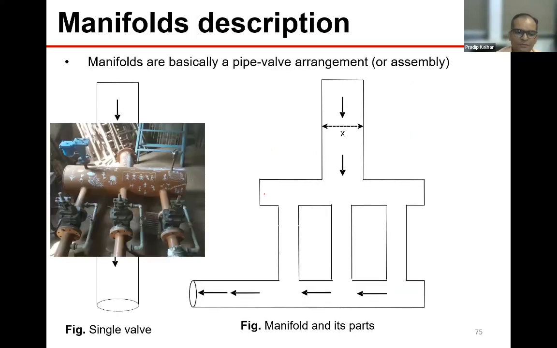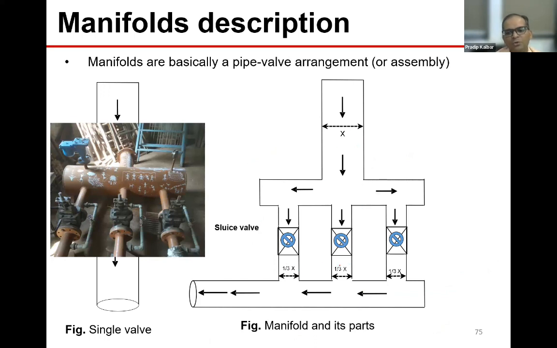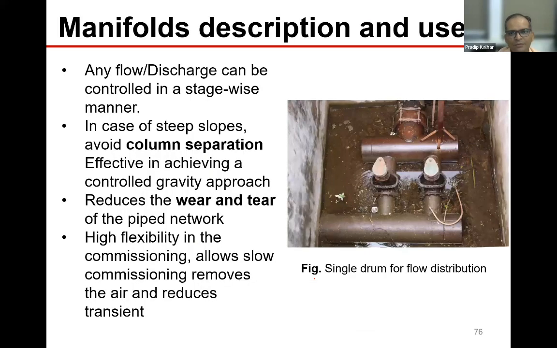So what a manifold is, basically you convert this particular pipeline to 3 different pipes of 1/3 area. Let's say this is a 900 mm pipe. You can use 3 pipes of around 200 or 250 mm, and only for the first 10 years you operate one. These 2 valves may not be operated for the first 10 years. When demand increases, then you operate the next, and then in the ultimate stage you operate the third. So this is the principle of using a manifold, and you can have a lot of fine-tuned pressure gauges and air valves to take out the air. A lot of such manifolds were used in a 156 multi-village scheme in Amravati, but replications have not happened.